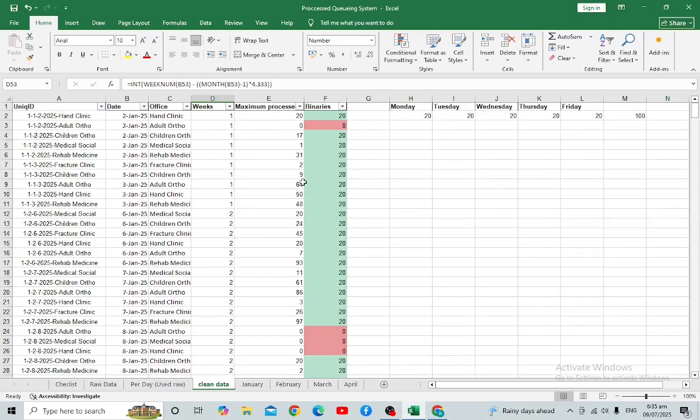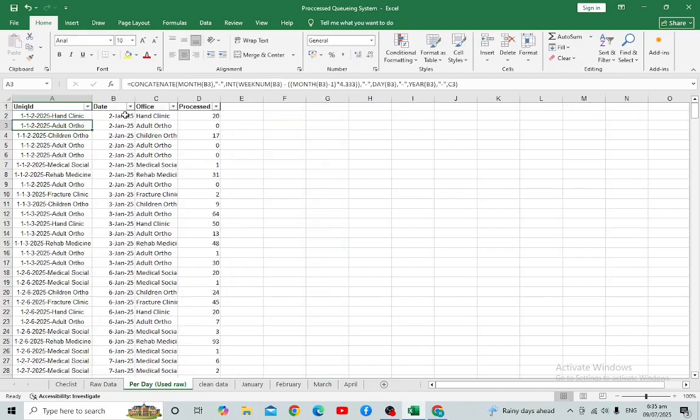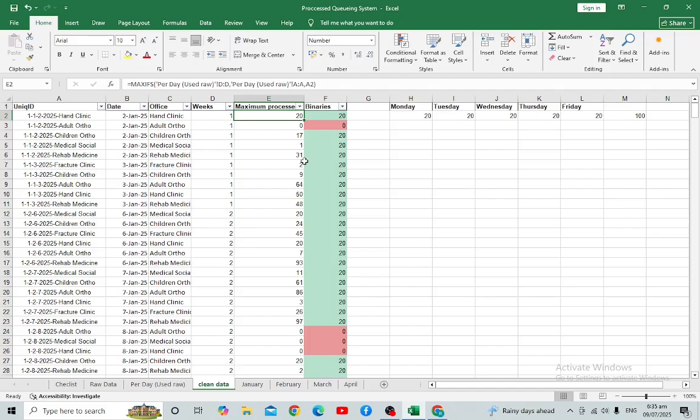Okay, so after computing which week of the month the date belongs to, I got the maximum processes. Why maximum? Sometimes there are multiple entries for the same date and same office, and our identifier for the usability of clinics is at least one successful queued ticket.